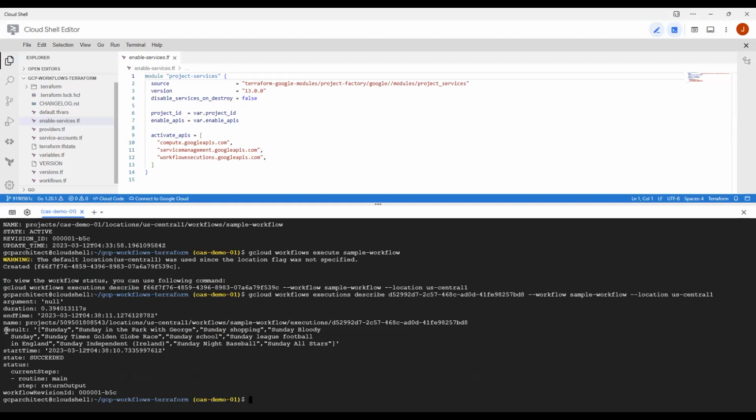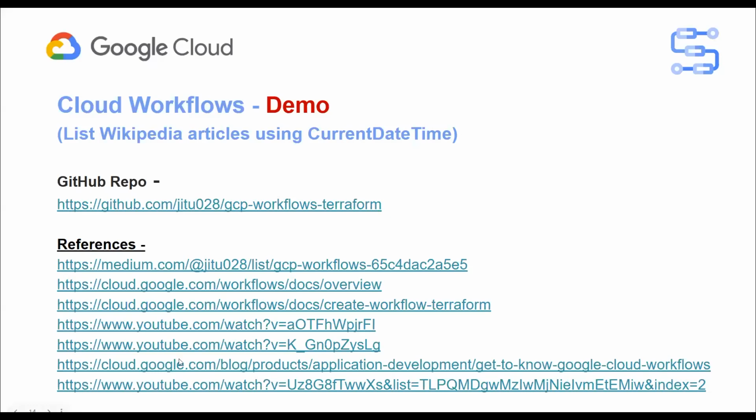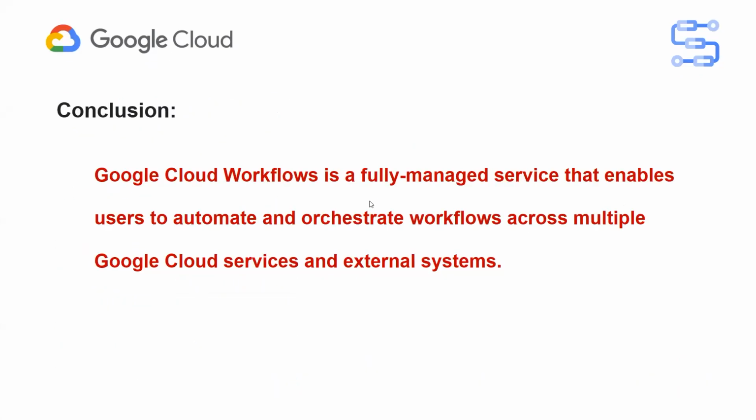Okay, so if you see, here is our result. So when we executed this Terraform code and executed the workflow, we can see the result. These results are actually the Wikipedia articles in relation with the current date and time. Okay, let's move back to the presentation. So to conclude,